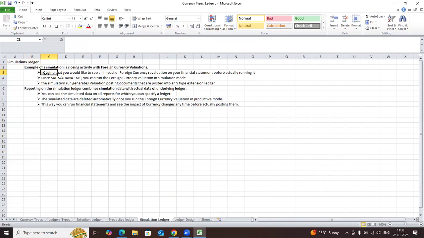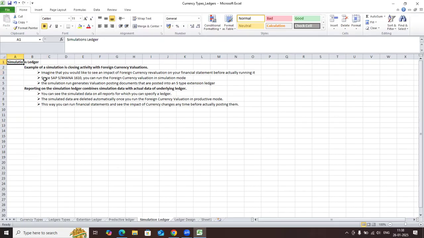In ECC, we are able to do the foreign currency revaluation only for month-end purpose, and that is also possible only one time. Whereas in S4 HANA, we can run this foreign currency revaluation multiple times. But the prerequisite is that first we have to run this foreign currency revaluation at standard ledgers, and after that, to understand the impact on our currencies or reporting point of view while executing the foreign currency revaluation report, we have to enter this simulation ledger